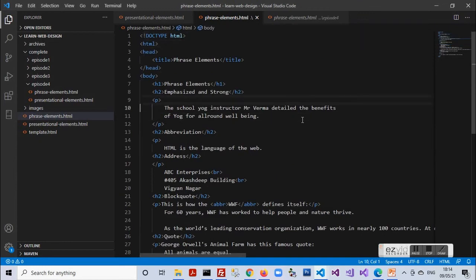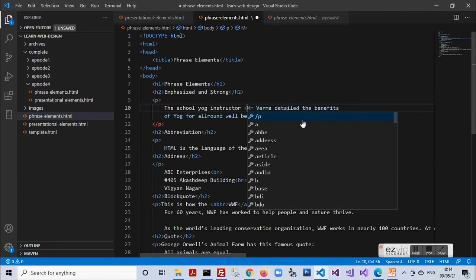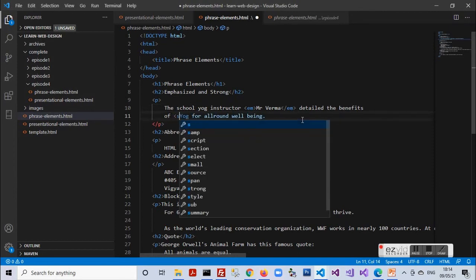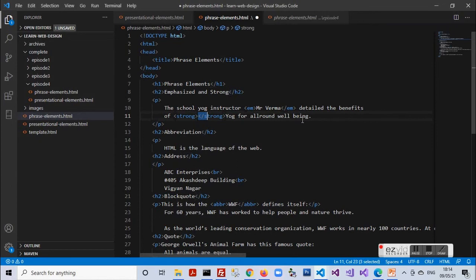So moving on to Visual Studio Code, we first of all take up the first tag in the line, which is emphasized and strong. So in the sentence, I need to put Mr. Verma in the emphasized tag, which is given by the letters EM, within the EM start and end tag, and Yog I need to enclose within the strong tags.